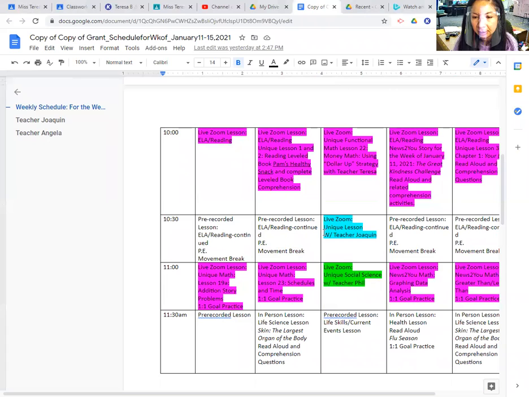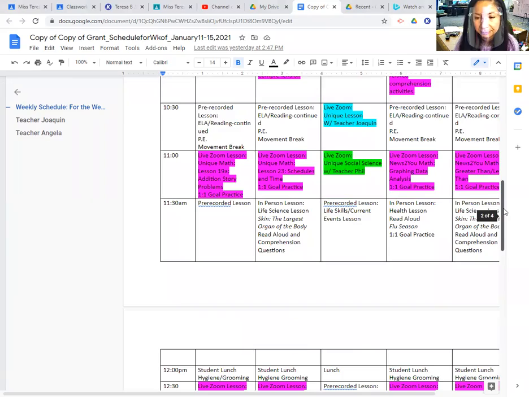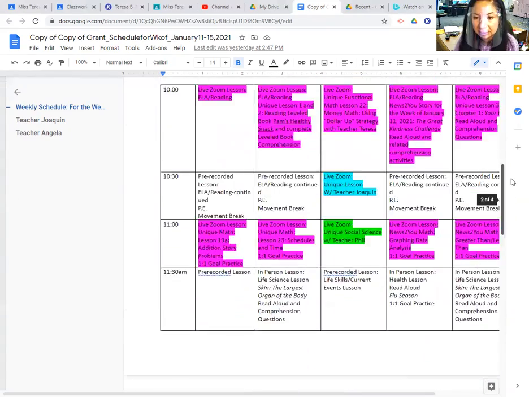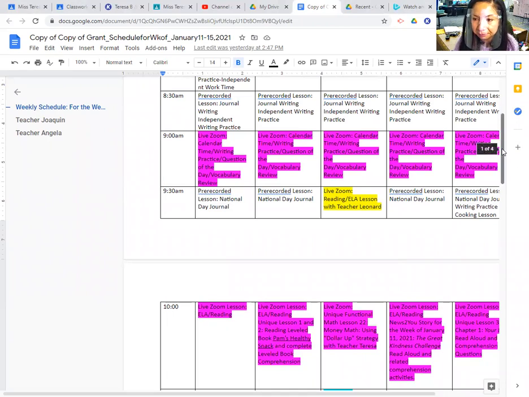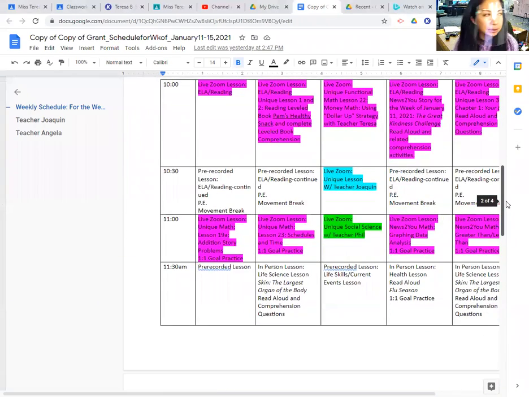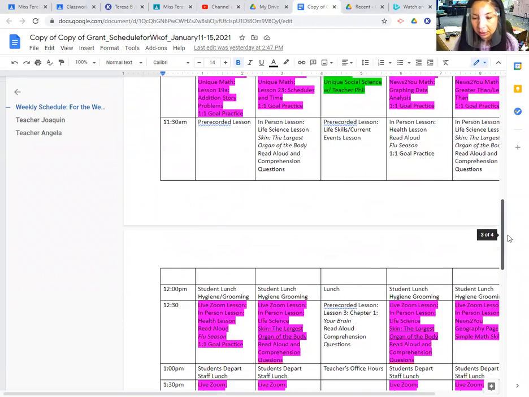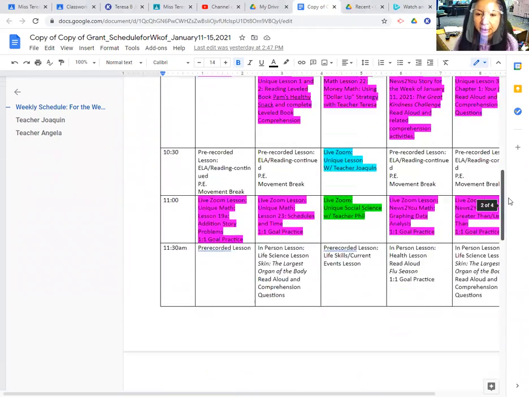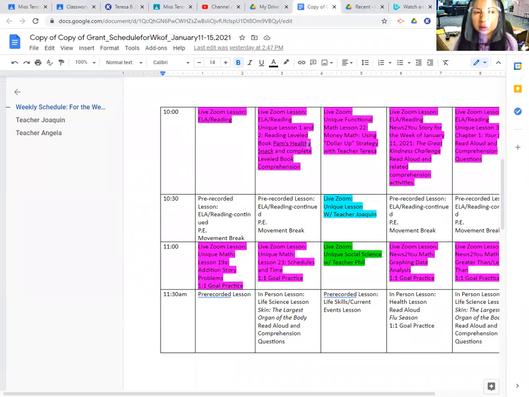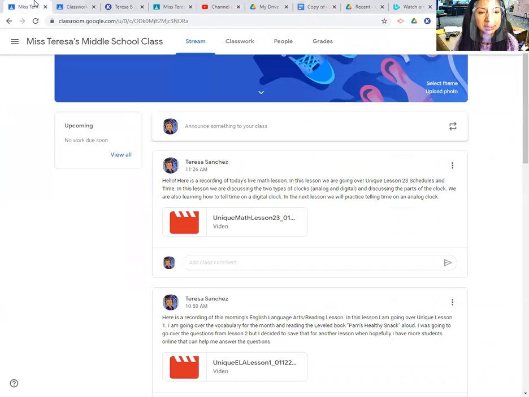And then at 10:30, Teacher Joaquin usually does a lesson. And in that lesson, it has actually been their speech teacher, which is Marisol. She is doing a speech lesson usually. Okay, and then Teacher Phil does social studies at 11. And then the rest of the day is pre-recorded lessons. So I'm going to keep that the same. And because Wednesday is a minimum day schedule also, we'll be done a little bit earlier. And so that's tomorrow.